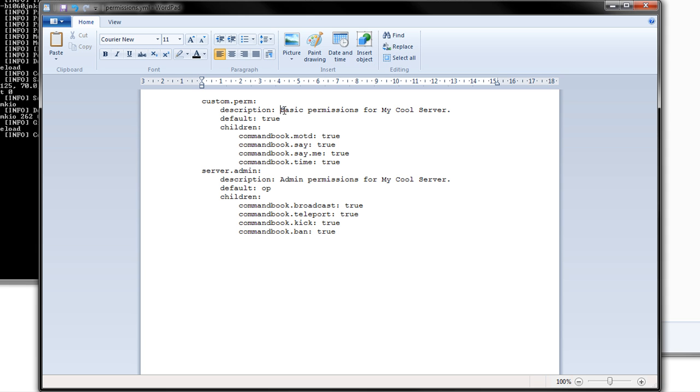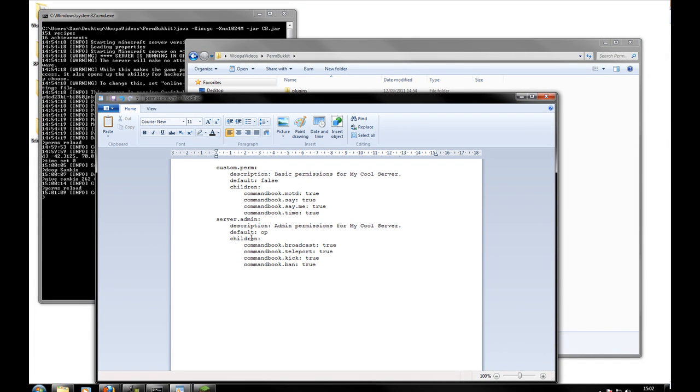Second line will be the description, so we can change this to how we like. And now default is whether or not default players have this permission node and all its children. So we're going to set this to false. You can set this to op if you wish, and all ops on the server will have this permission node. So we're just going to set it to false, and now these are all the nodes that the